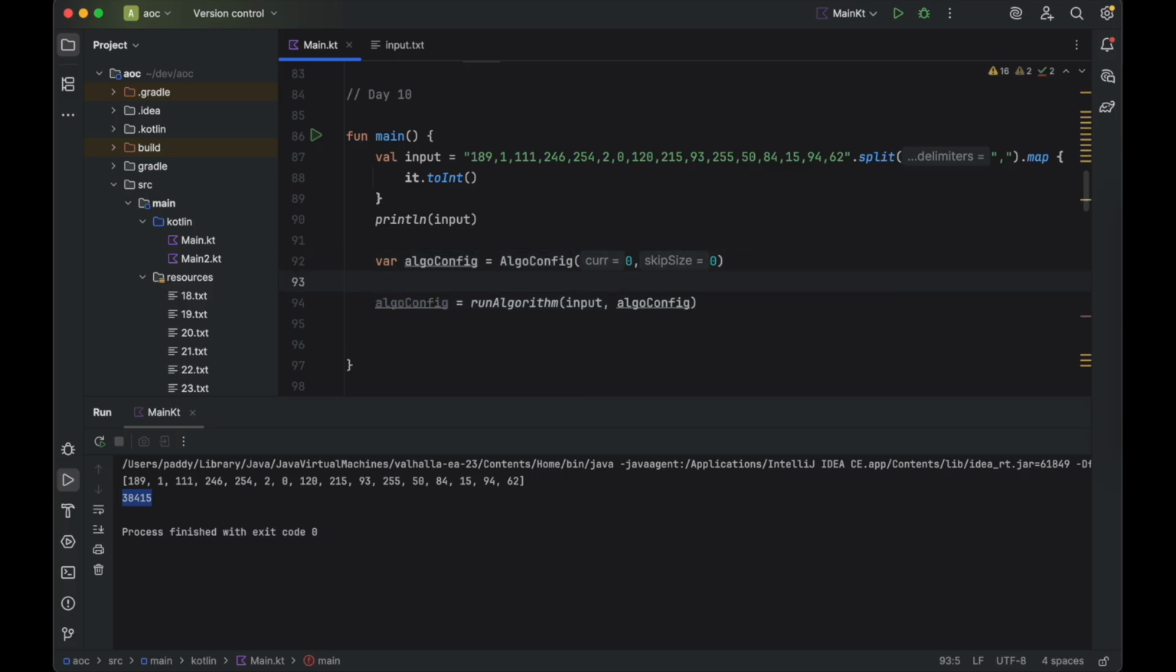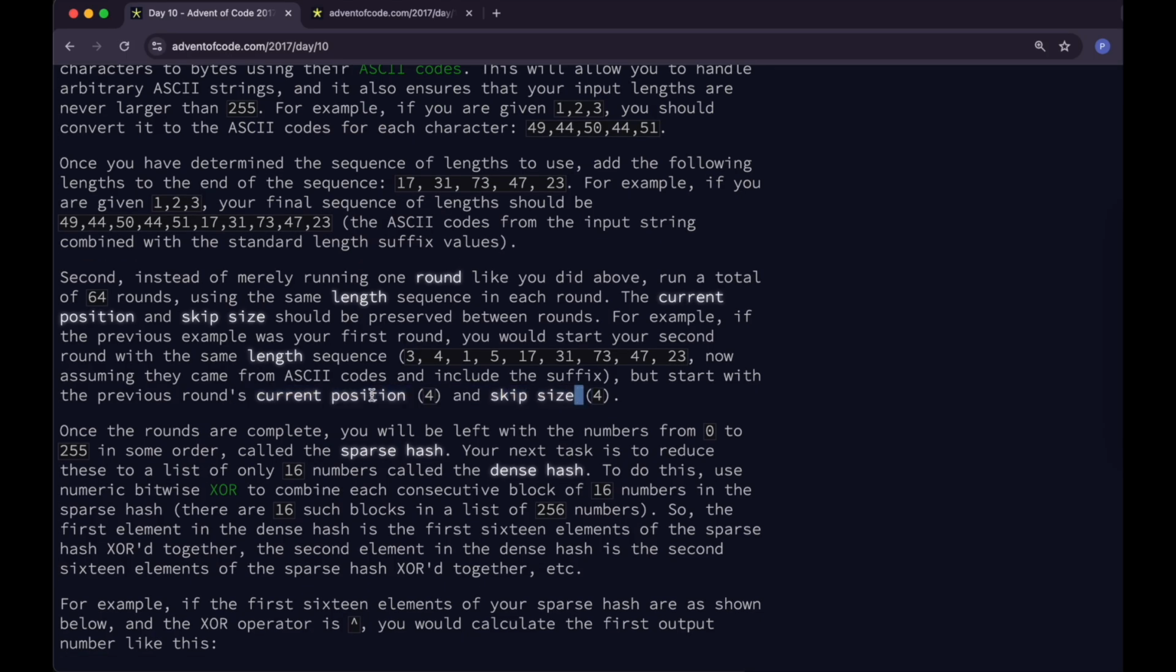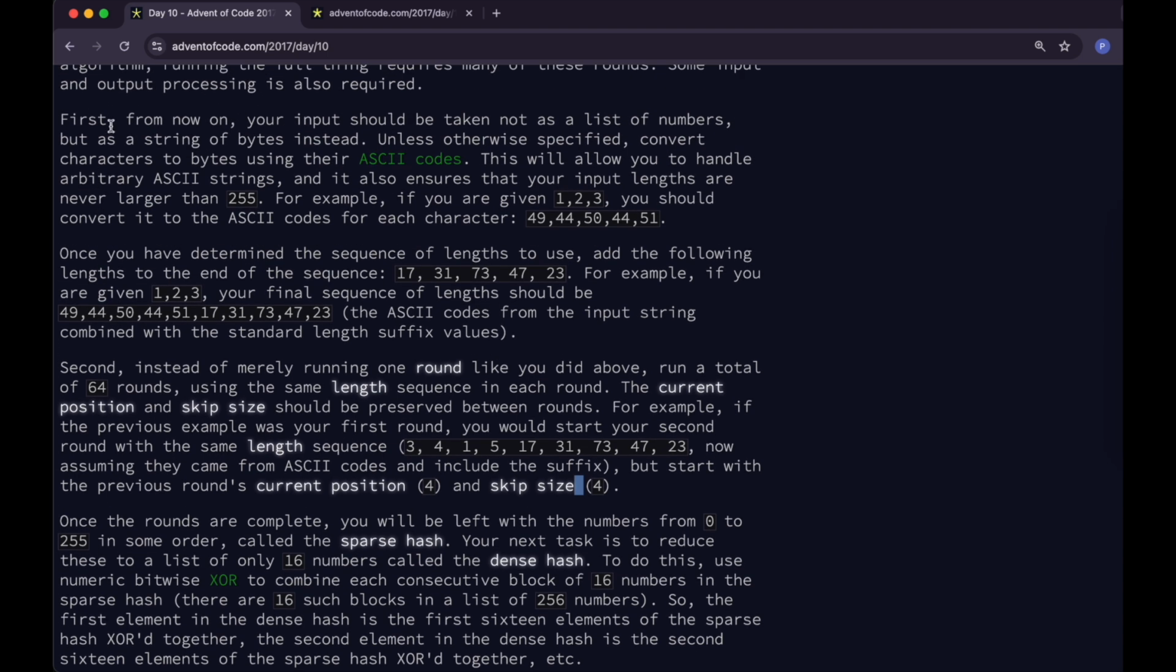Return it in the end. So now I can run this 64 times. So I can do this. Then I have to change the algorithm. Okay, what's the first thing? First,